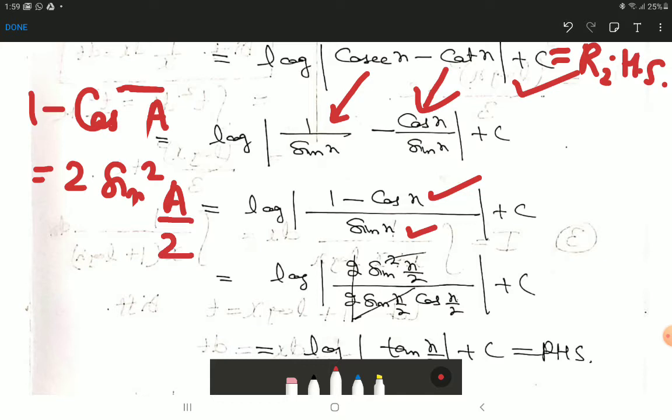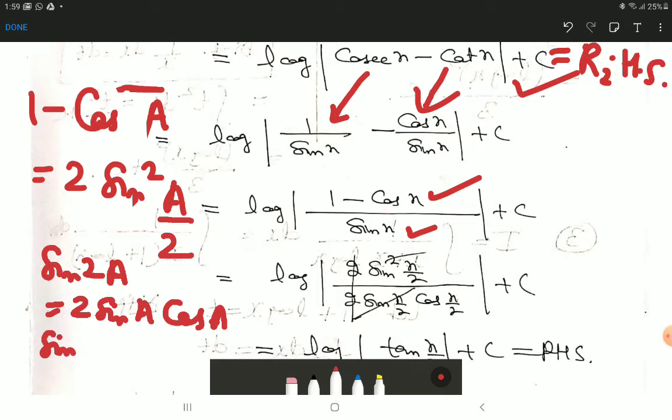Similarly, see for the denominator, we have done in class 11 that sin 2a is equal to 2 sin a cos a. Now what you have to do, you are to halve the angle on both sides. So the left hand side becomes sin of, in place of 2a, a by 2, is equal to 2 times sin a, which will be changed to a by 2. Cos a will be changed to a by 2. I have halved the angle on both sides.